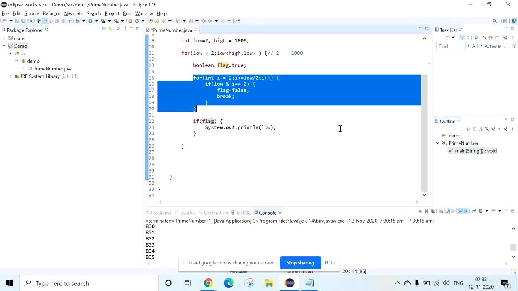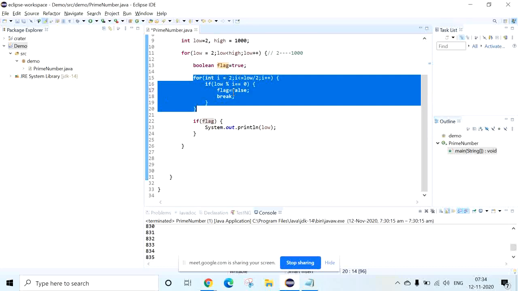If you understand this logic properly, you will use the flag concept in most areas. I will tell you, the flag concept is very, very important. Without this flag, most of the time we will fail. So whenever the value is changing frequently, try to apply a flag over there.